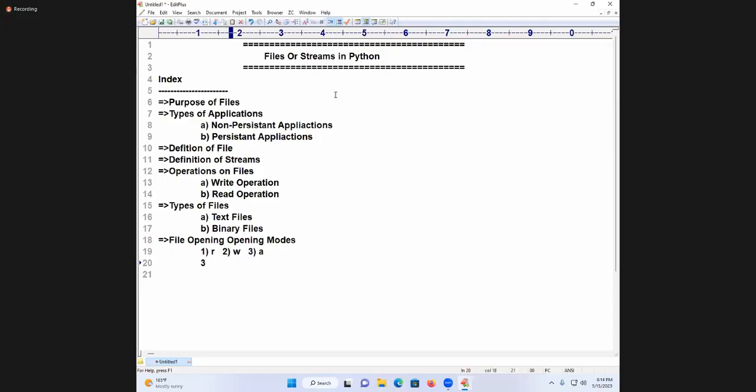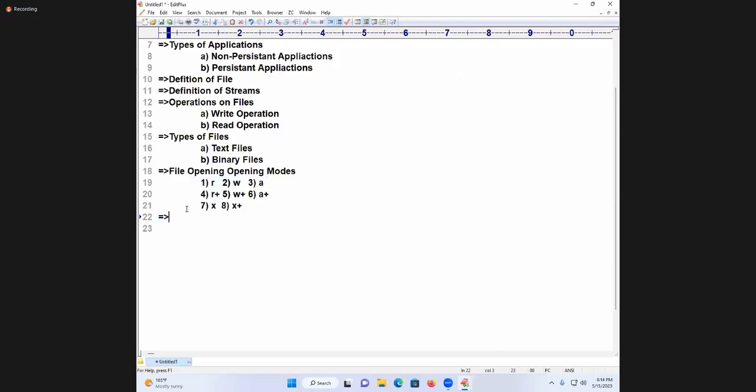Fourth, R plus mode. Fifth, W plus mode. Sixth, A plus mode. Seventh, X mode. Eighth, X plus mode. These are the file opening modes. You might not have heard about all these things; these are very recent.